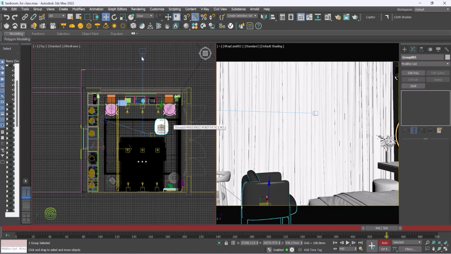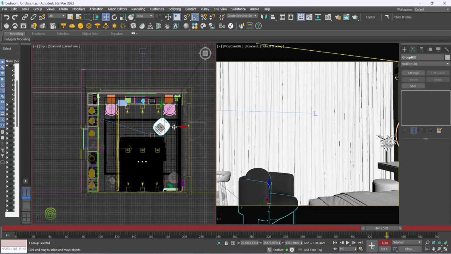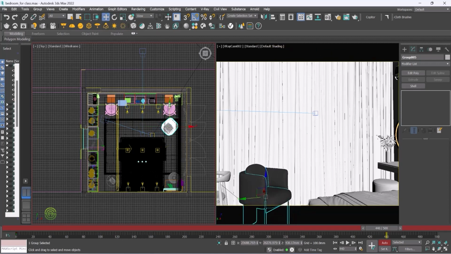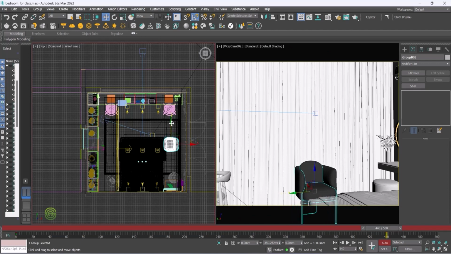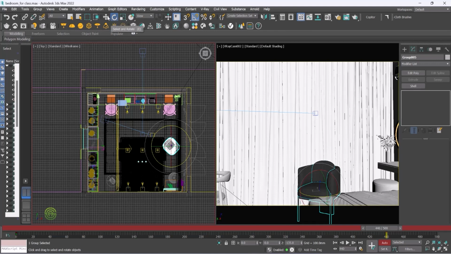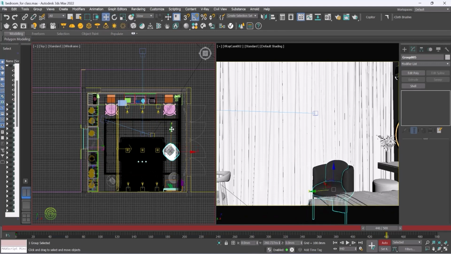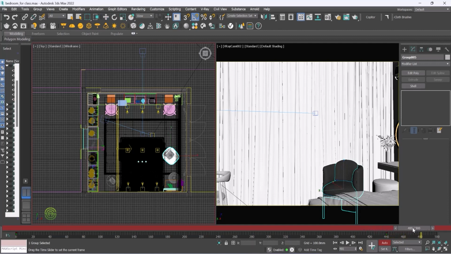Then click on this chair and rotate this. Now move this like this and again rotate this. Then again move it like this and then again rotate this and place it like this. And then again move this to